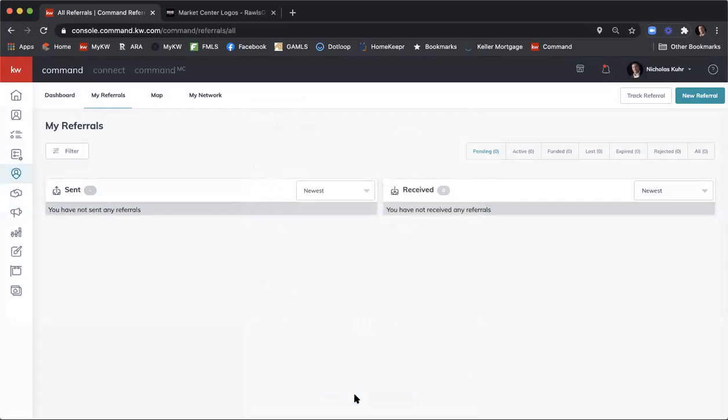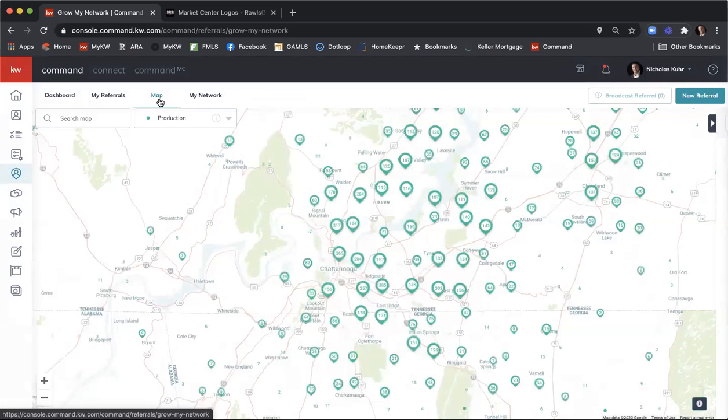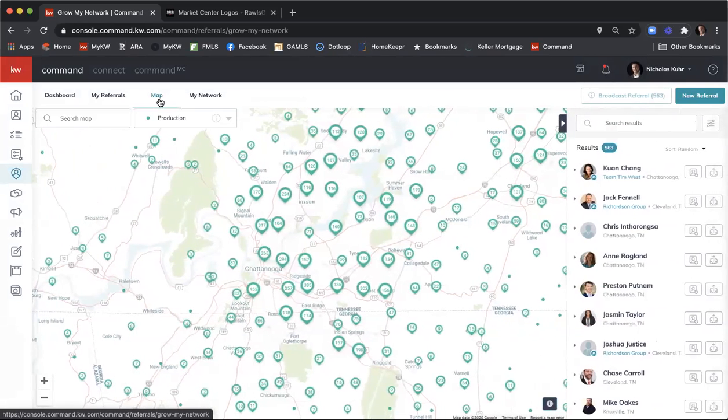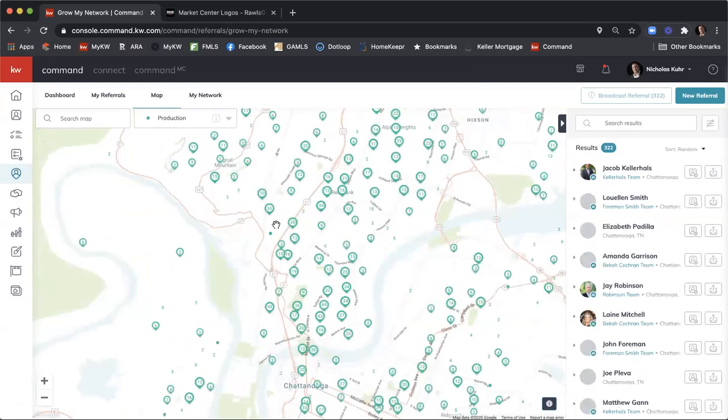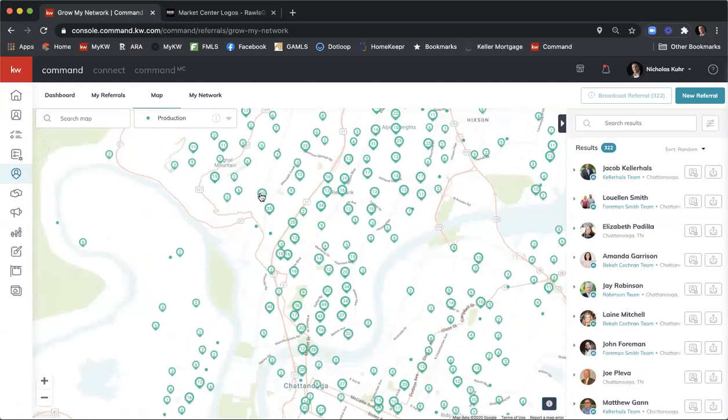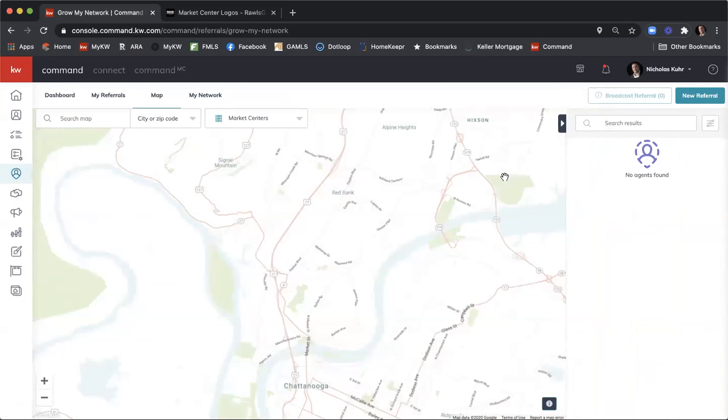I'm going to click cancel here. The next thing I'm going to do is click on maps. And again, I would just quickly walk through how you can search here on the maps for different agents, all the different market centers. You can click here and zoom in to all the different agents that are in production. You can click here on this production. There's a drop-down menu, and you can look at market centers. So if I want to look at market centers in the Chattanooga area, let me